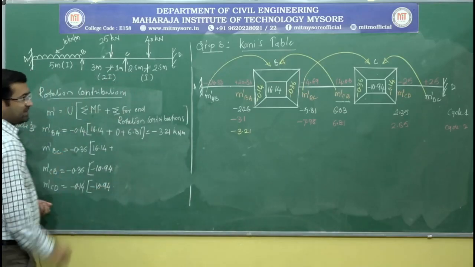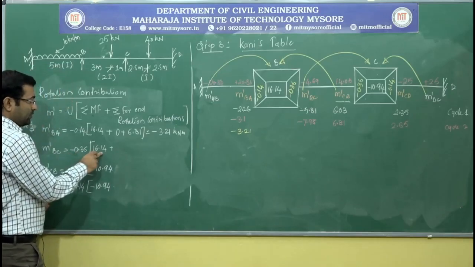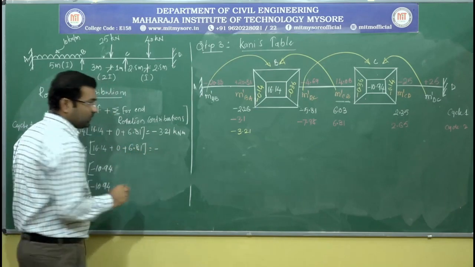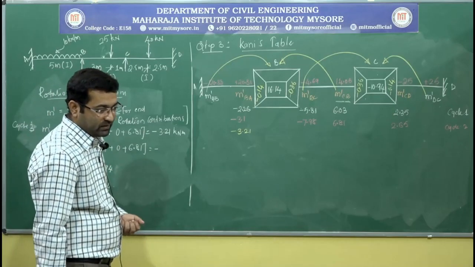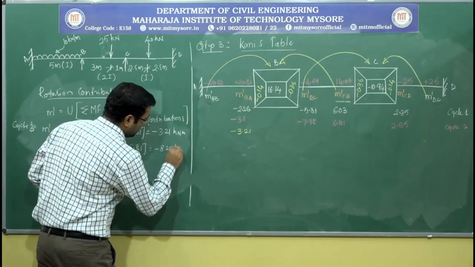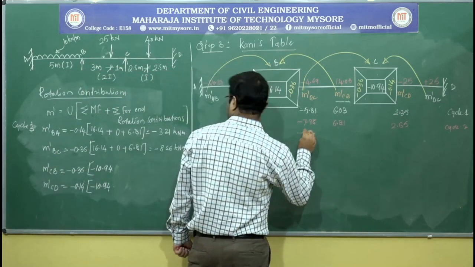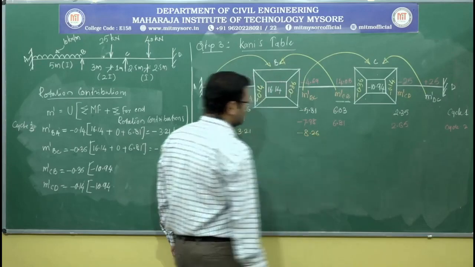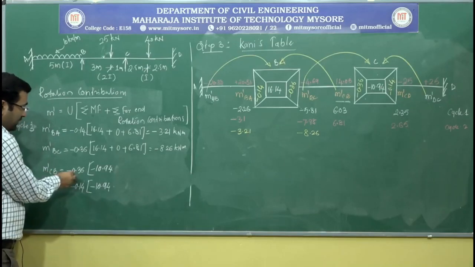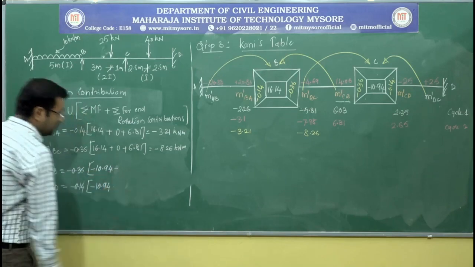Okay. For BC, minus 0.36 into 16.14 plus 0 plus 6.81, that gives you minus 8.26 kilonewton meter. So that I will represent here minus 8.26. Okay. And for M dash CB, rotation factor, that is minus 0.36 into fixed end moments, minus 10.94, minus